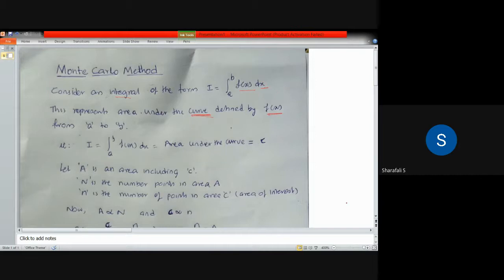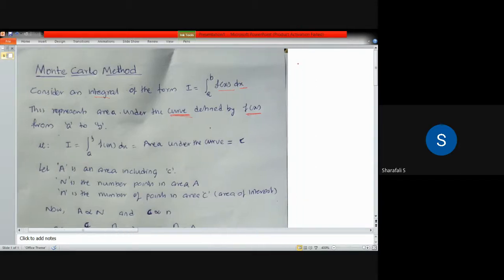Considering any such integral, for example, if you have a curve like this, this is your y-axis and this is your x-axis, and let's say y is your f of x, and that f of x is varying something like this. If you are integrating this from limit a to b, let's say this is your a, this is your final point b in x. If you are integrating this function f of x, which is varying like this, then basically it will give the area under this curve.